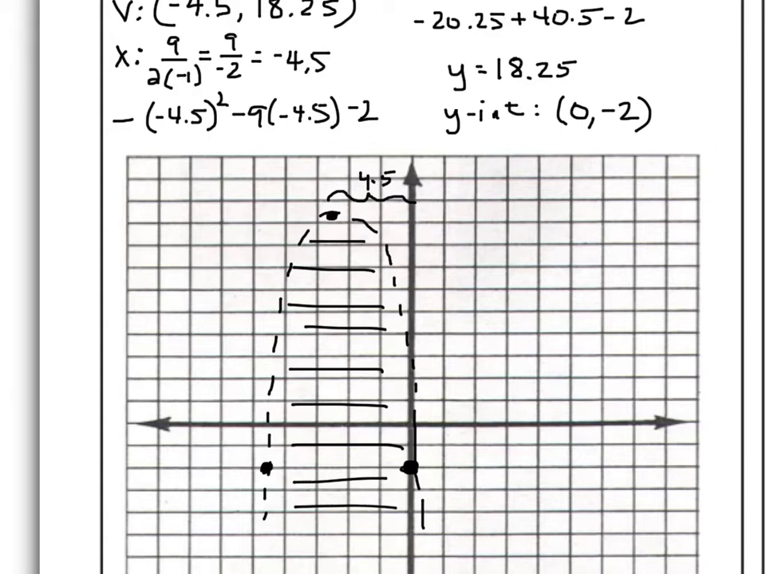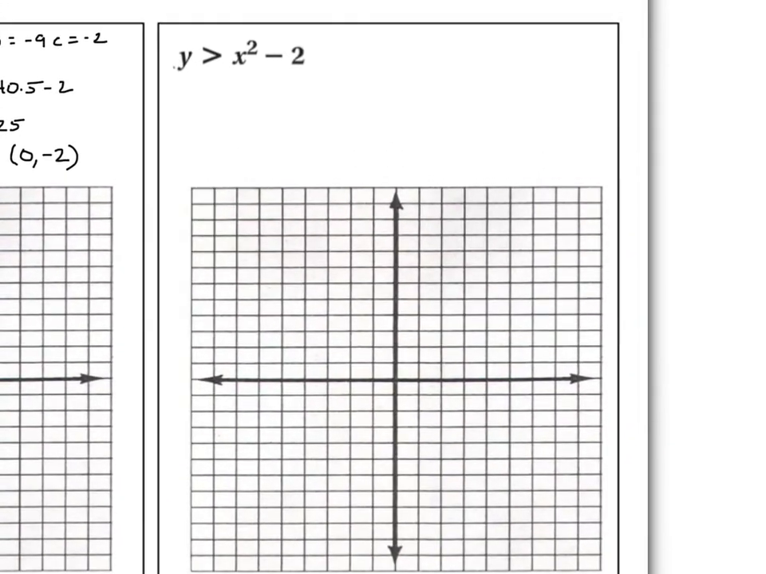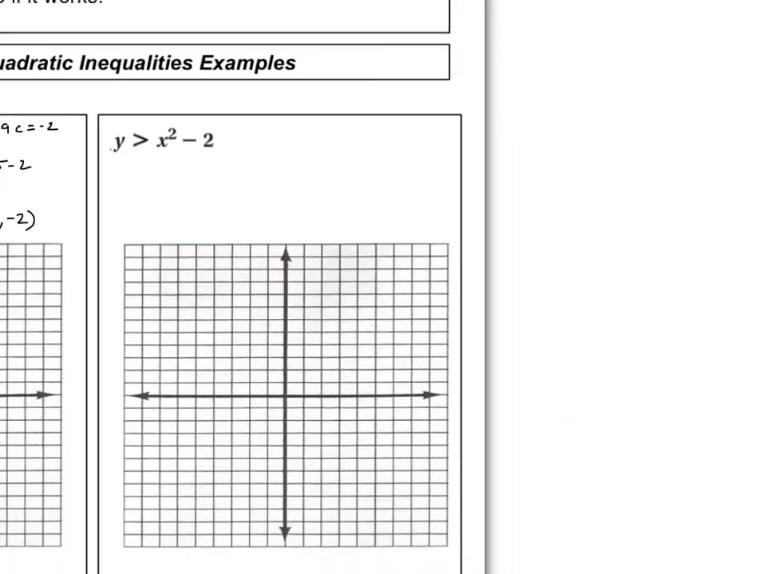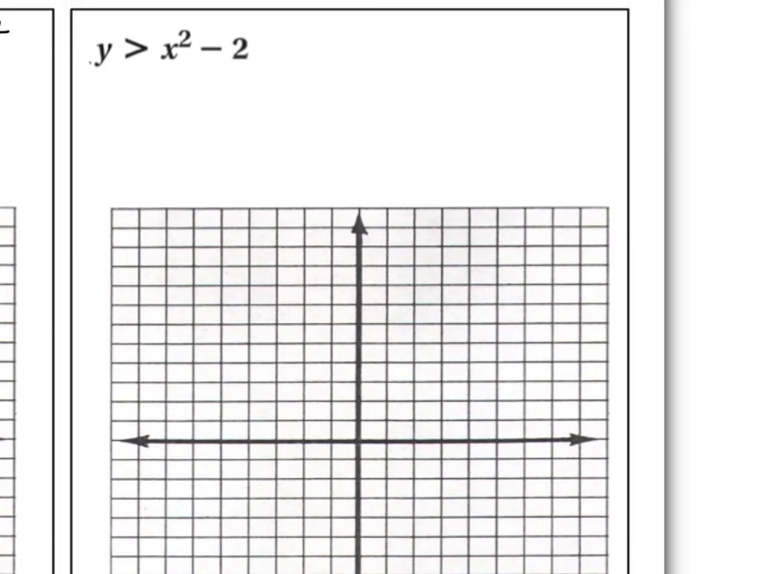Okay, let's take a look at the other example here. This one isn't near as complicated, but it is kind of interesting. Again, I've got to identify it's in standard form, so I've got A is 1, B is 0, there's no B there, and C is -2. So I've got to find the vertex. The vertex, the opposite of B,